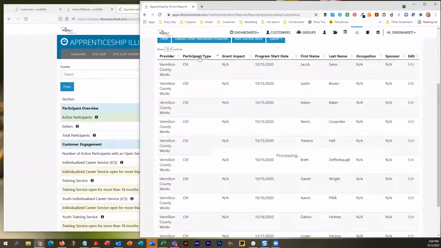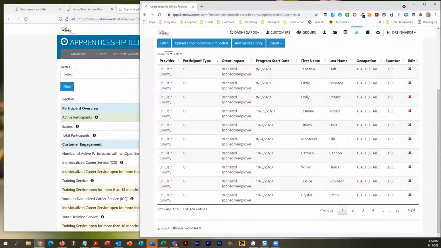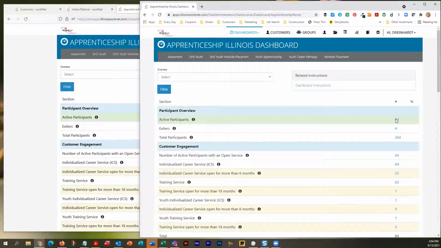Now, the one reason why we only have the smaller number on the dashboard is because those numbers are what has been entered into Illinois WorkNet for the case managed on the dashboard, because that's what we're tracking in these numbers.